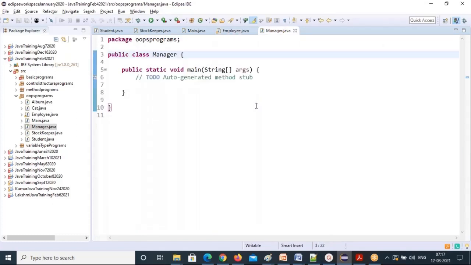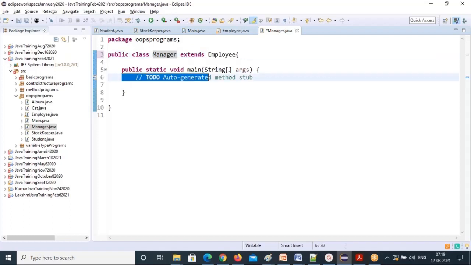How? By doing extends employee. Now all the properties of employee can be used by manager without any issues. Once you use the extends keyword, manager has the privilege to use all the employee class properties and methods.